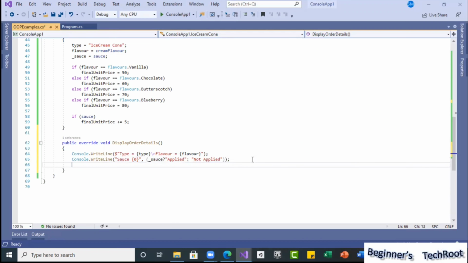See, now this is there. I even calculated the price also. So what I can do, I can display the price also here now. So console write line, unit price. This is only a unit price calculation. How many quantity the user is going to add, we can make the net price.